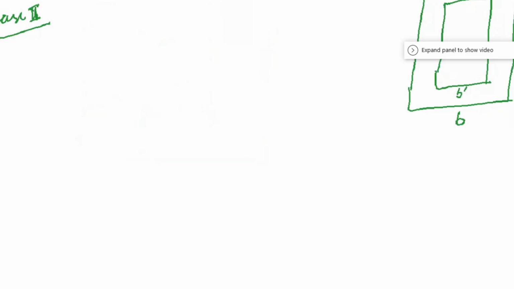Now, if we have a rectangle again, but it is hollow, what will happen in that circumstance? There won't be much change. For example, if we have d external, and internal d will be d dash. What you have to do here is when you are calculating the moment of inertia of a hollow rectangular section,